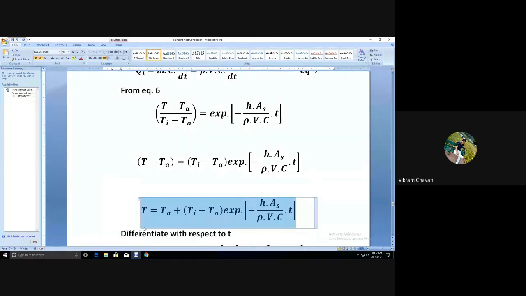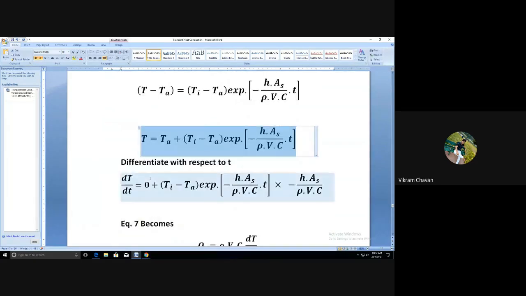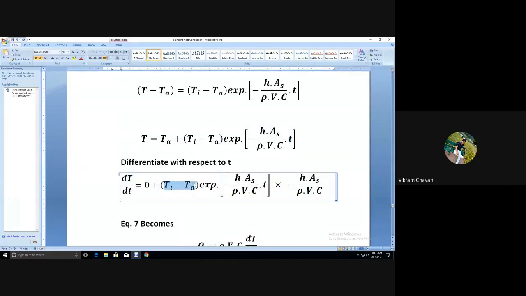Now it will be easy to differentiate this equation with respect to time. So differentiate the equation with respect to time. So t is the variable. So differentiation of capital T with respect to time, it will be dT divided by d small t. Then Ta is the surrounding temperature. It is having some value, so it will be considered as a constant. So differentiation of constant with respect to time will be considered as 0. Okay. Now in this particular last term, the variable is only time, small t is there. So Ti minus Ta will be considered as a constant. It will remain as it is, Ti minus Ta.